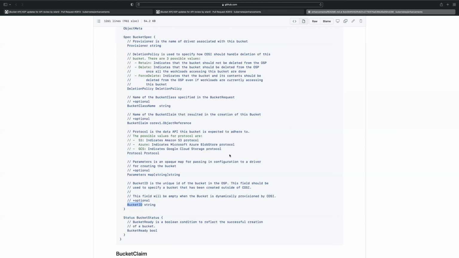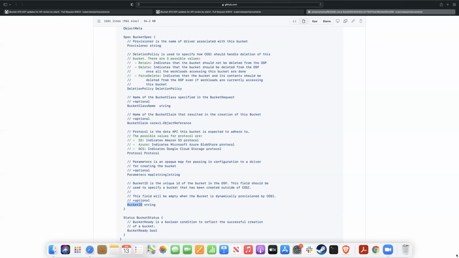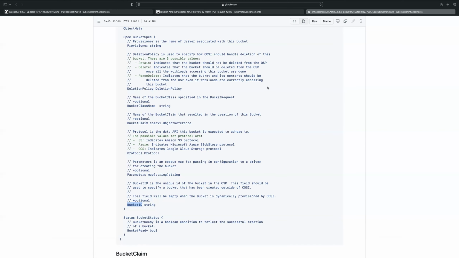Do we need to? Yes, the status field should have both. The status field should always have the bucket ID field. I also agree with that. I think the status is the place where we want users or administrators to go to get information about how to connect to the bucket or possibly do backend management of the bucket.